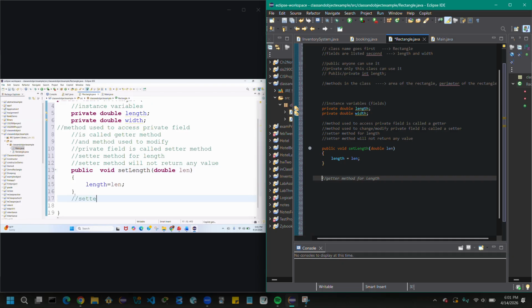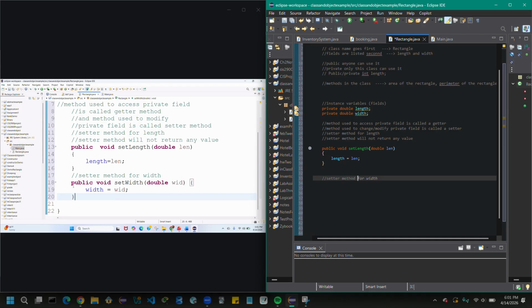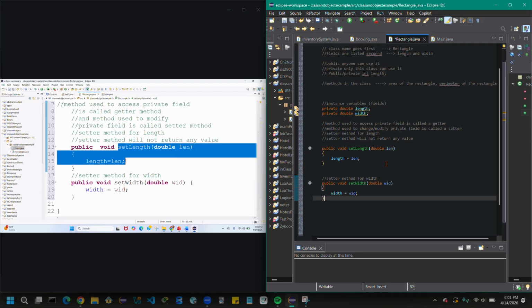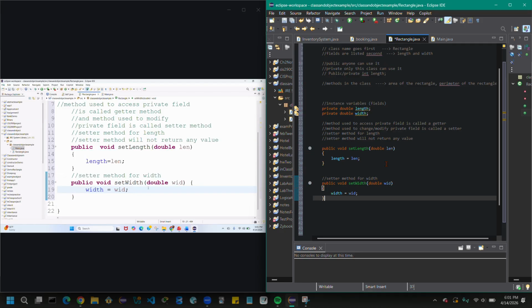Next is the setter method for width. So it will be public void setWidth, width assigned to width. Fine. So once we are done with that, the next step is to access the values. I'll show you right now. So as of right now, we have just done the set methods. Fine. If I go to main,